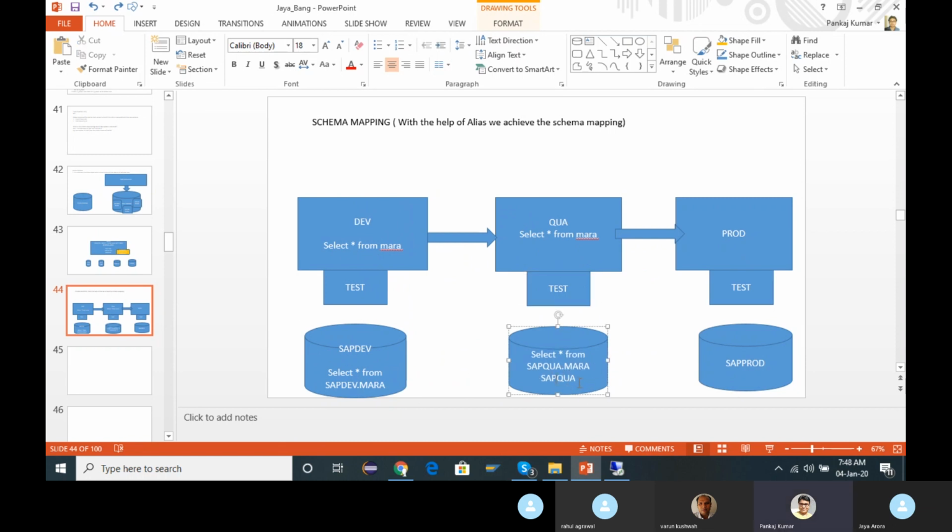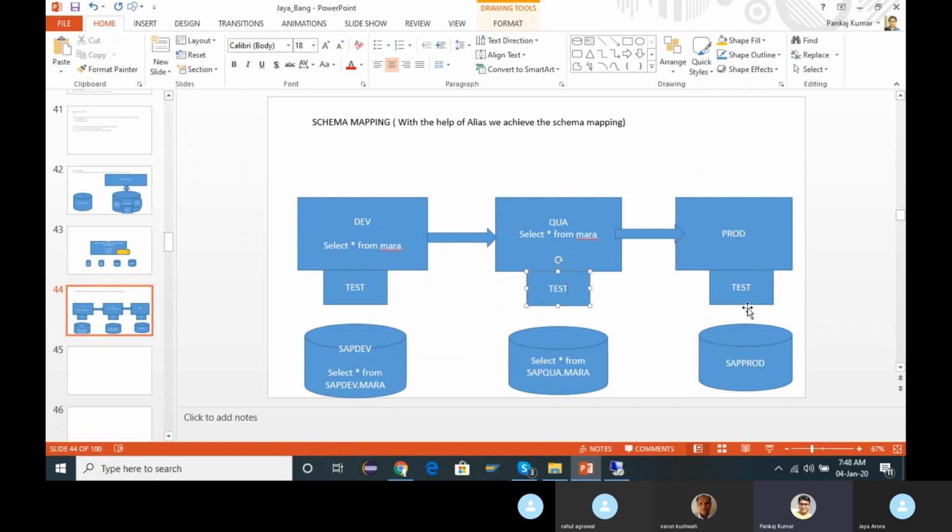Is it fine now? Yeah, so to say we are using the same alias for all schemas. For all the schemas, in this case, SAP development corresponds to this test, SAP quality corresponds to this test, and SAP production corresponds to this test.